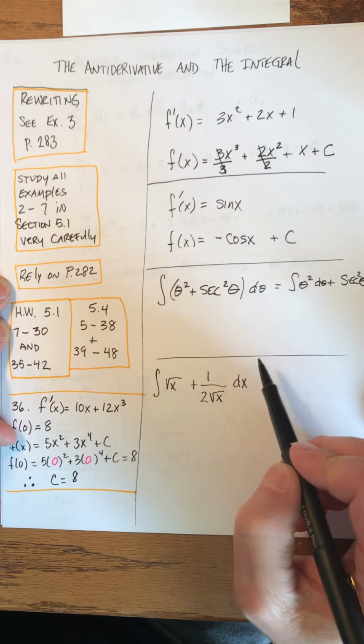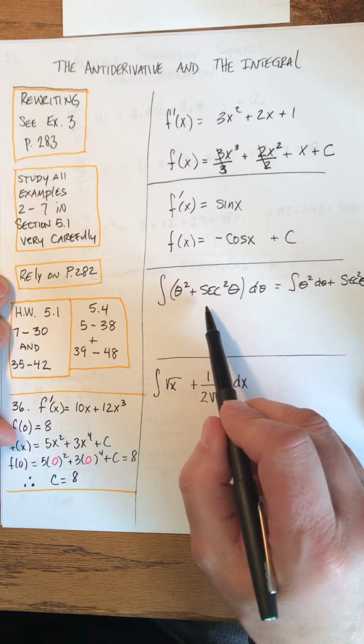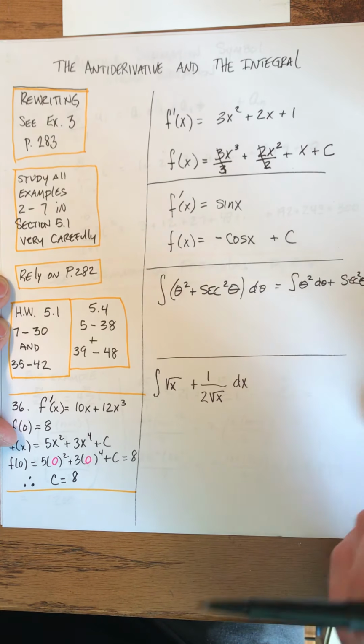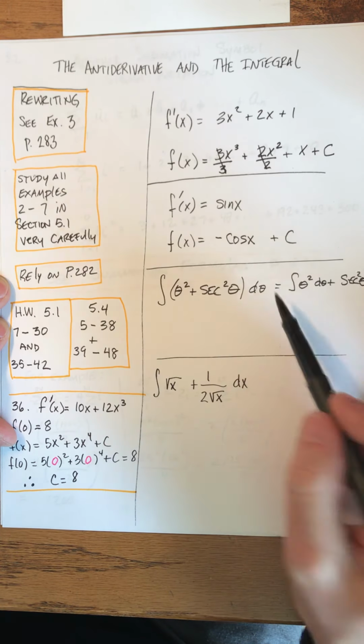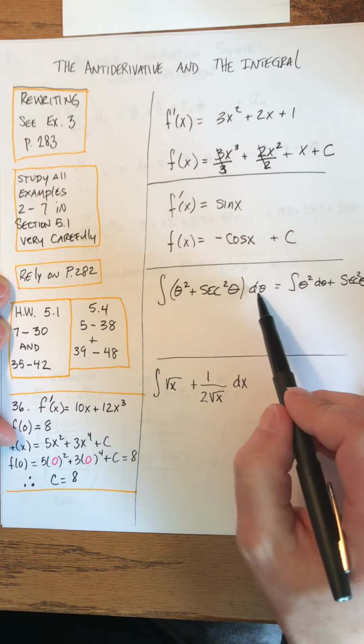This d theta is, if theta is a function of something else, then according to the chain rule, we would have taken the derivative of that theta, whatever it was, and we would have gotten a d theta. It could be d theta dx or whatever, but if we do our antiderivative here, what we're going to get is theta to the third over 3, then plus